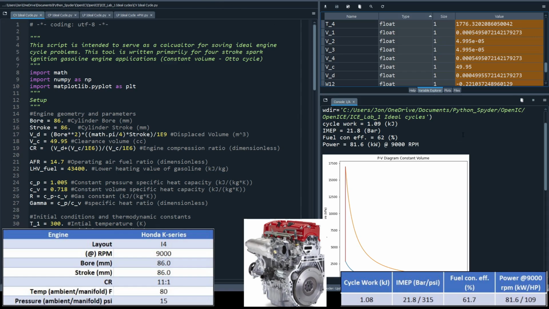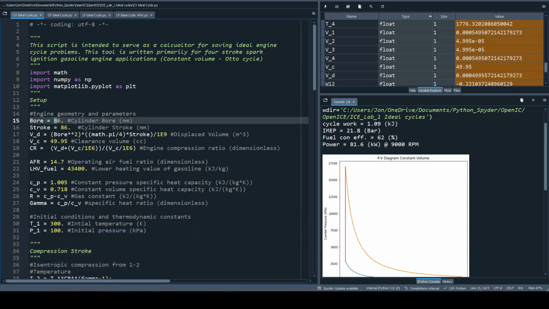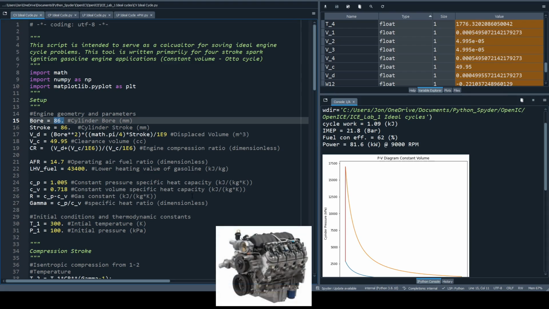So let's see what we can do with this. Right now we're set up for 86 millimeter bore and stroke, so that's going to be like a 2-liter inline 4 automotive engine, like a Honda or Toyota. So let's try changing some of these variables and see what happens. What if instead we wanted to look at a Chevy LS? We could do